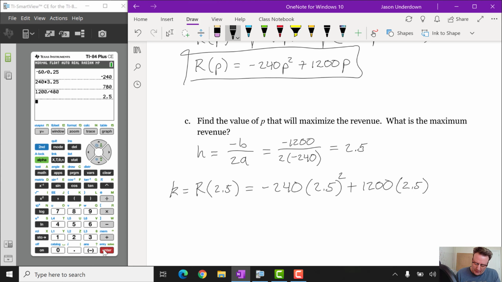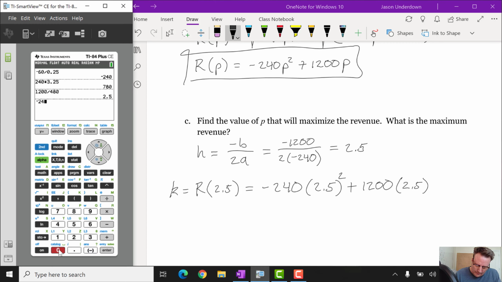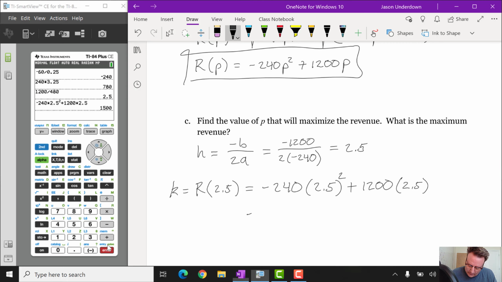Okay, I'm going to evaluate that with the calculator. Negative 240 times 2.5 quantity squared plus 1200 times 2.5. Is that correct? Looks good to me. 1500. And I believe this was in dollars. So $1,500 in revenue